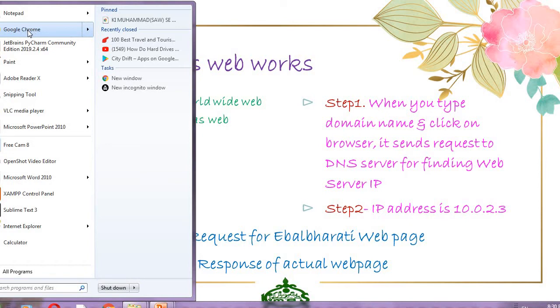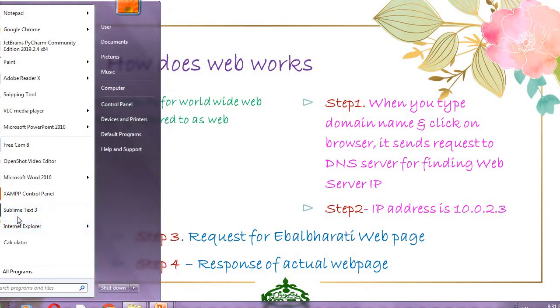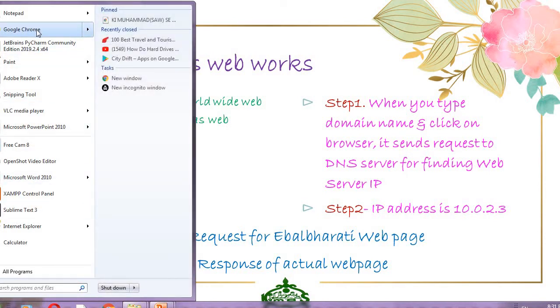Examples of browsers are Google Chrome, Internet Explorer, Safari, Opera. With the help of a browser, you can access many web pages, see pictures and videos. The most popular is Google Chrome. I am using this.